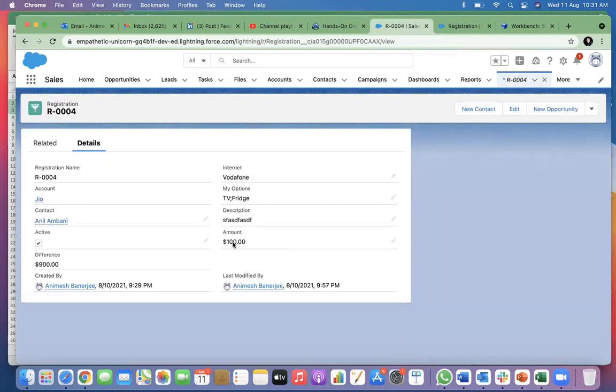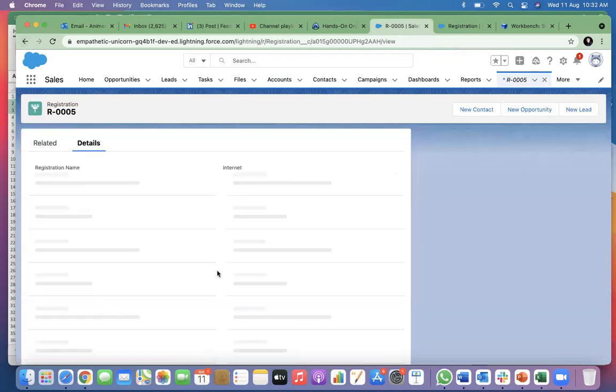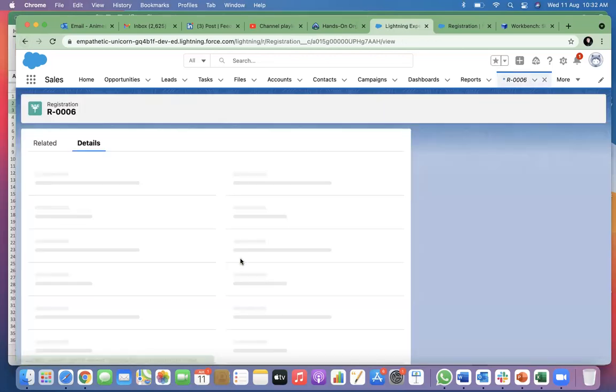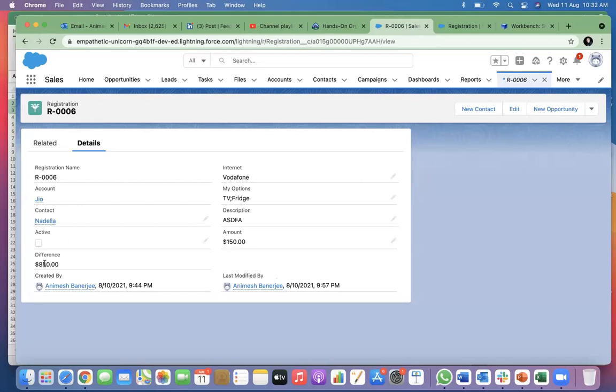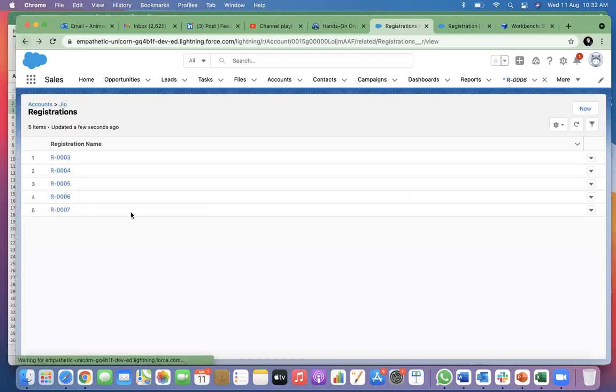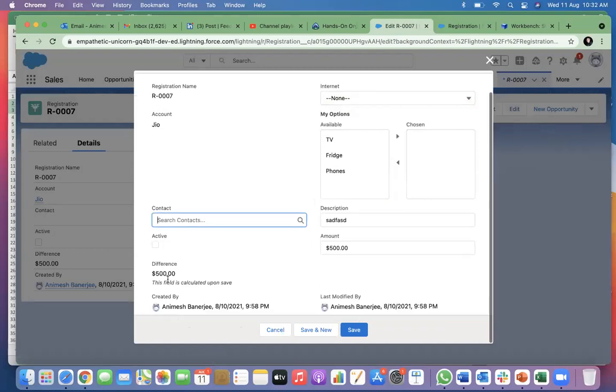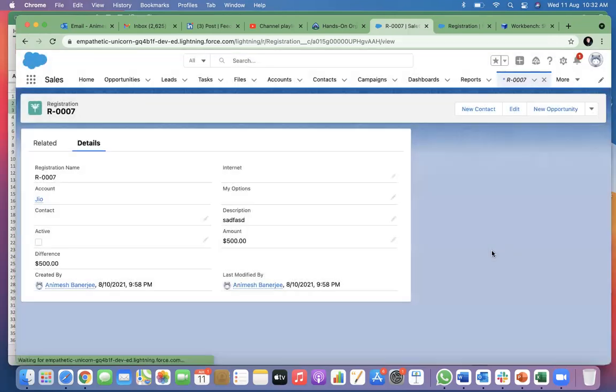Next one, 100. 1000 minus 100, 900. 200. 1000 minus 200, 800. 1000 minus 150, 850. 1000 minus 500. Both are getting auto calculated. Difference is auto calculated, so you cannot change these values.